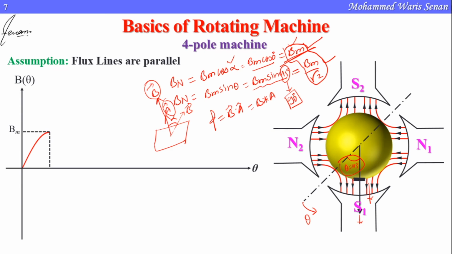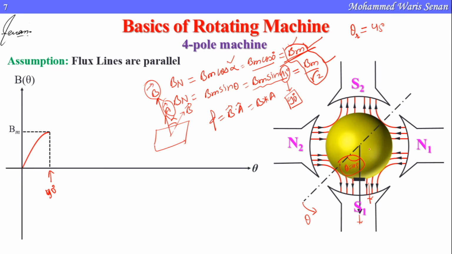Actually this angle is not 45 degrees, but twice the angle which we have just traced. So theta, which is the rotation angle, is equal to 45 degrees. But according to the formula or the graph, this angle must be equal to 90 degrees, not 45 degrees, so that we can get Bm sin 90, which is equal to Bm. So this rotation angle which we are taking here is actually not satisfying the result.